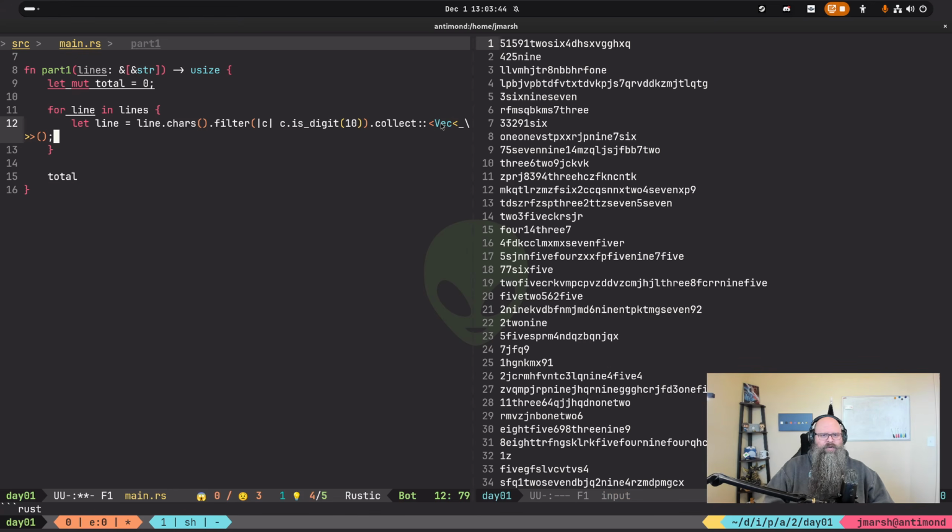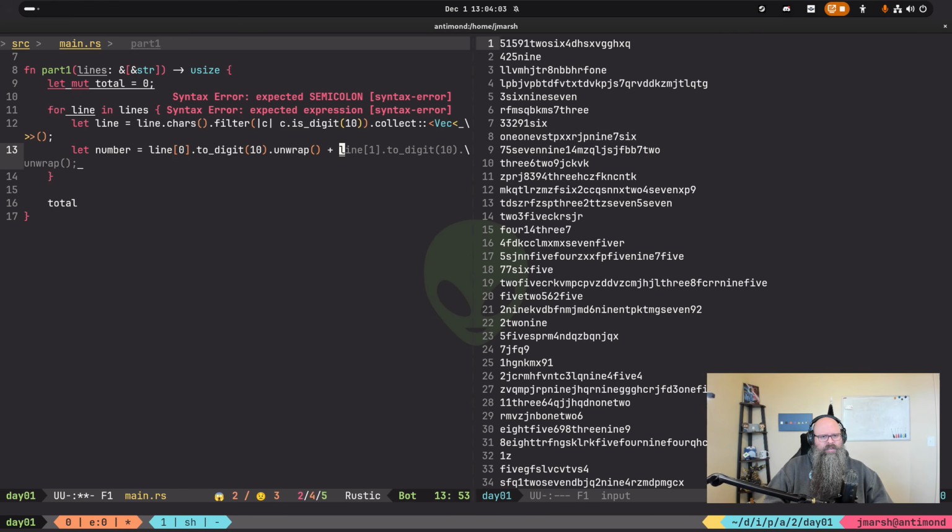And so now we can just say let number equal line 0 to digit 10 plus... it won't be 1, but that's a good start. I actually think it'll be this times 10.